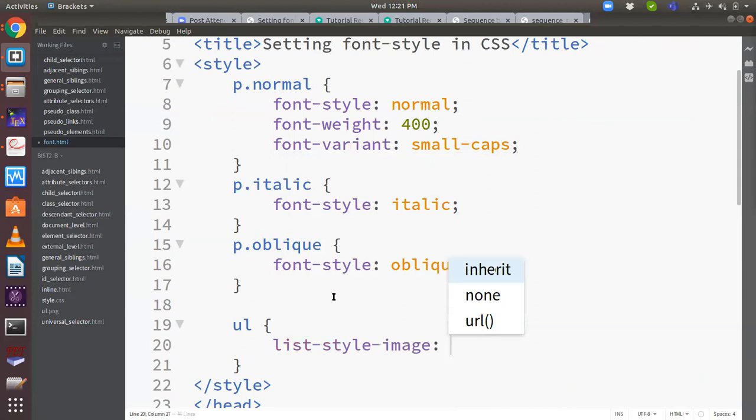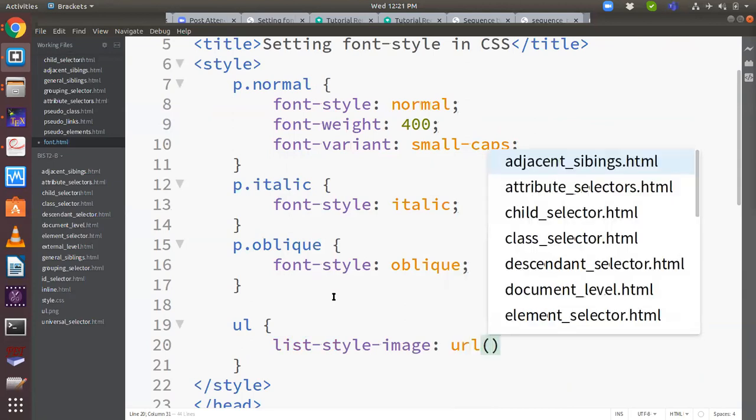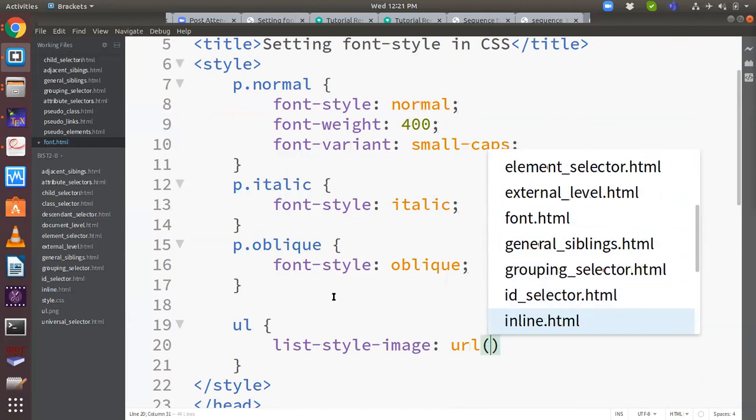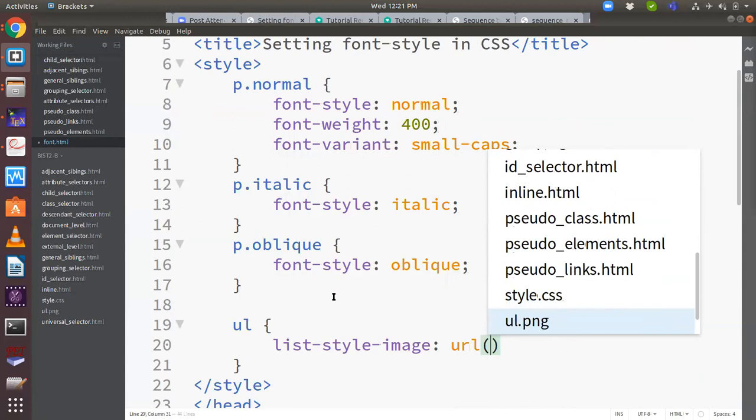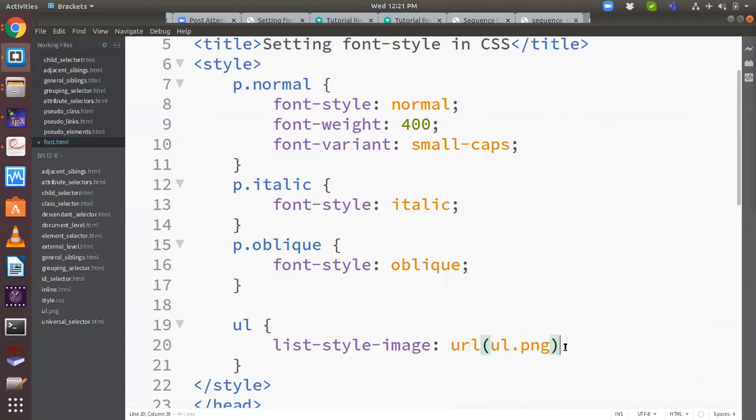So there's inherit, there's none. I can use this. So I have my image in this folder. I have a small image called ul.png. If you put a cursor, if you have a nice editor, it will show you the